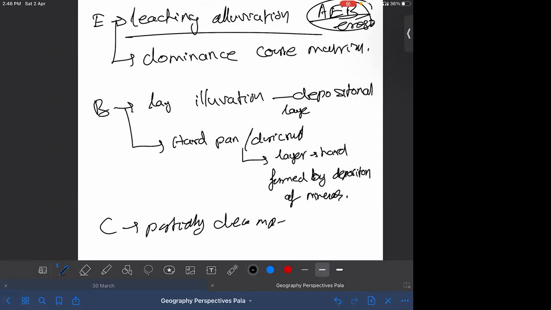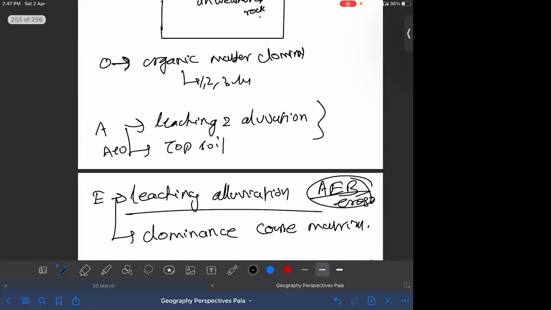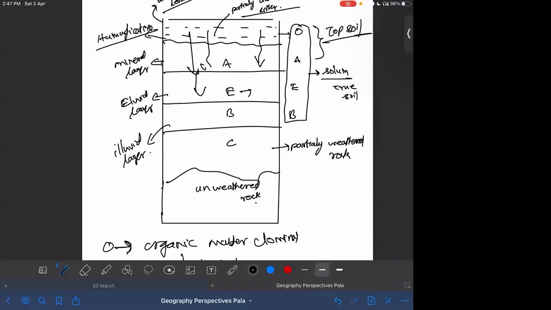rocks. So it's not exactly partially weathered rocks. It's not exactly a soil part. It's actually a layer of soil formation. Okay, so that's how the soil is structured. Soil is found in different horizons. So a well-developed soil region would have this specifically developed profile. Now, if the soil of a region is not well developed, it will mean that this differentiation of minerals would be absent. Whereas a soil which is well developed will have these different layers.